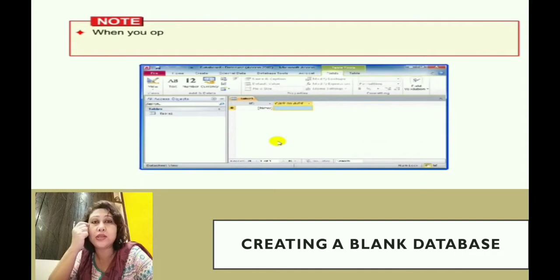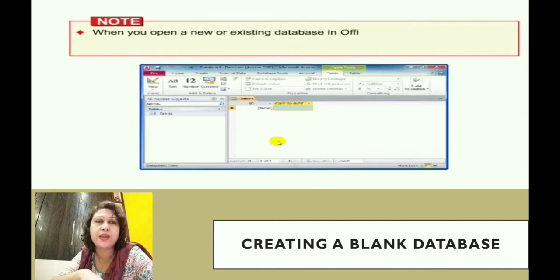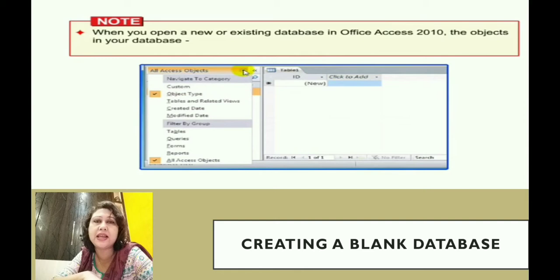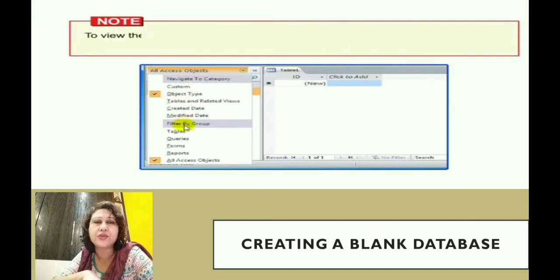So let us note that when we open a new or an existing database in our Office Access 2010, the objects in our database, that is the tables, forms, queries and reports, etc., will appear in the navigation pane automatically, as you can see there.